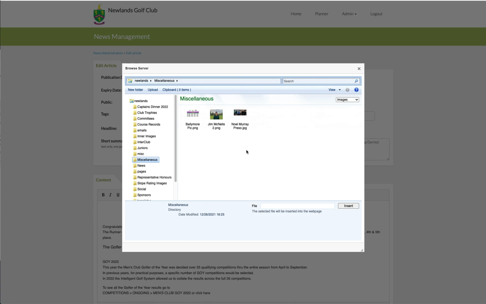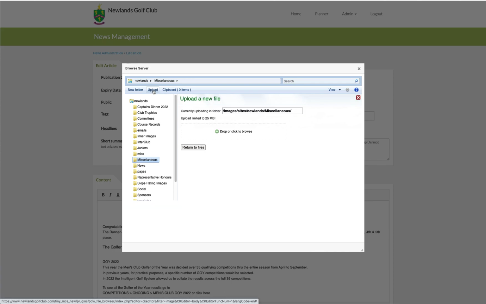Now, in this demonstration, the image we want is not already there. We have it on a PC or on our own network. So we now want to add an image to the folder. To do that, having opened the folder, we go to Upload. Click Upload. And now you can drop the image in here or click on it to browse your PC directory or your network directory. So for example, if I click to browse,